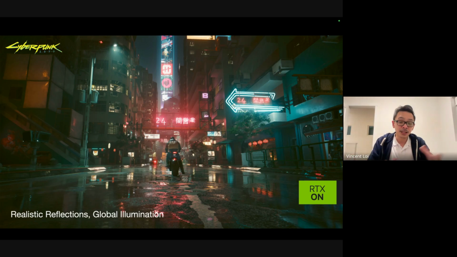And this is one of the images I took from the website. This is actually real-time path tracing in Cyberpunk. You can see that all of this kind of image is done with denoising. Of course, they have some path tracing and also global illumination. It makes the image look very, very realistic, compared to if you don't turn on that kind of rendering effect or just rely on pure rasterization rendering techniques.